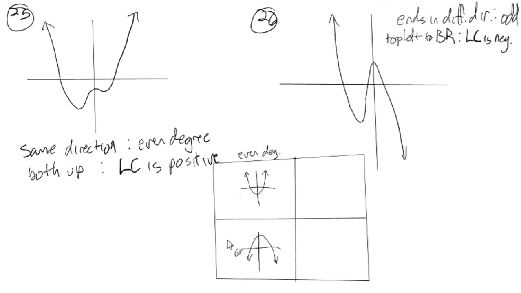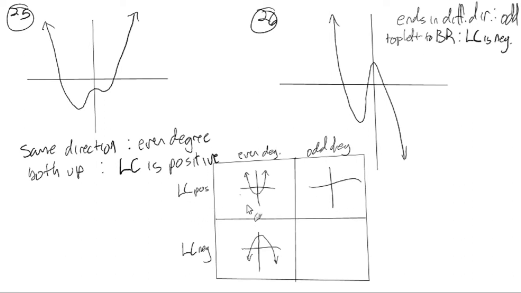Still even degree, but now, in this case, the leading coefficient is positive, but in this case, the leading coefficient is negative. So we got positive leading coefficient, negative leading coefficient. We got even degree, so we should also have odd degree. So if the degree is odd and the leading coefficient is positive, we'll see the arrows pointing in different directions,